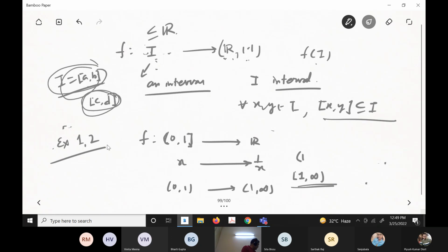Now I will start path connectedness. More on connectedness, I told you that. I will talk a little bit on that. I want to finish as soon as possible. Monday I won't take the class, but Tuesday I will take the class. Tomorrow I will take the class. And if it is not required, then next Friday I won't take the class. Okay, so I am coming back.